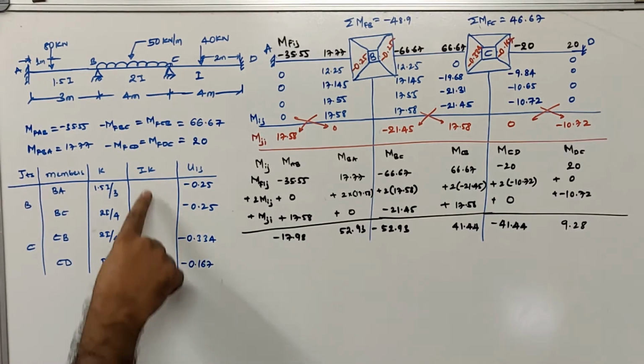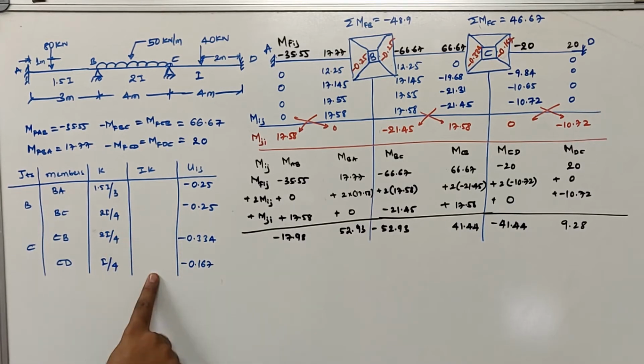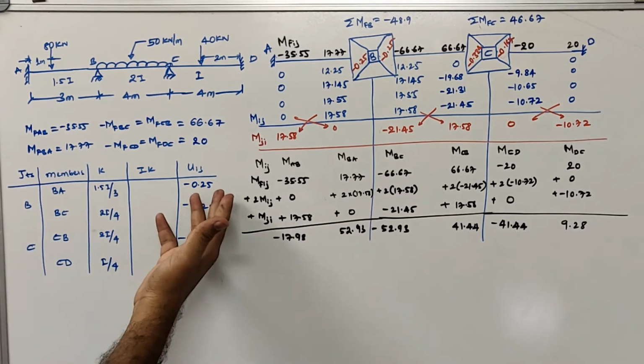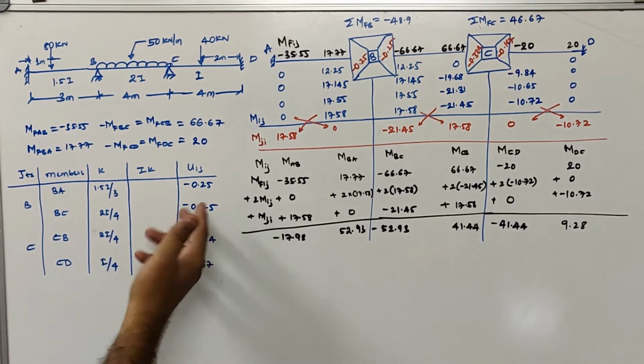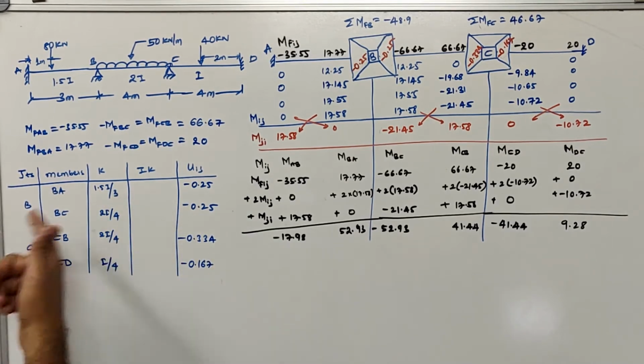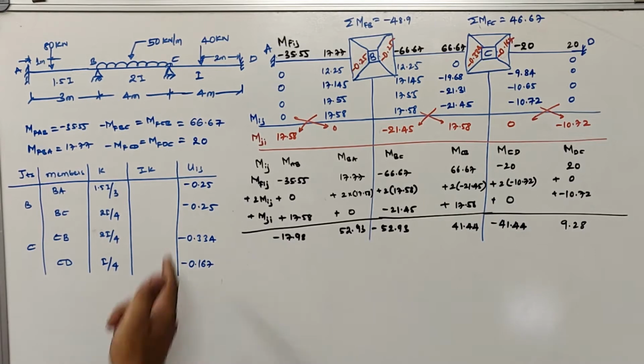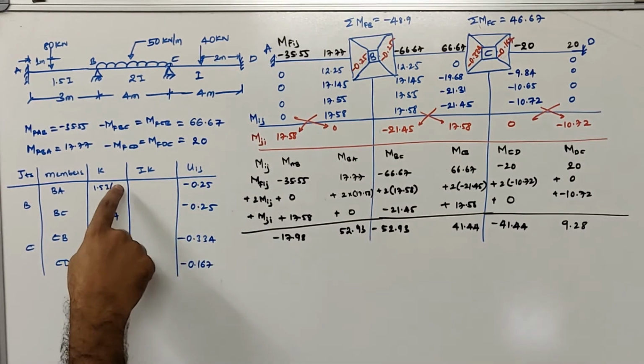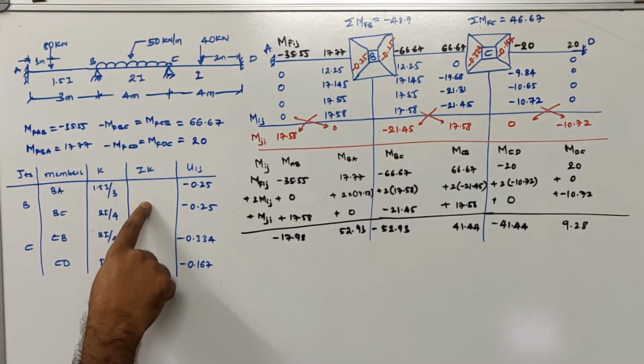So once you calculate the stiffness value, what you do is that you calculate the joint stiffness for B and C. I have not written any values over here. I have directly calculated how much is the rotation factor. Anyway you can solve it and write down what is the joint stiffness of B and C. So we have calculated the rotation factor by taking the sum of these two and calculating the joint stiffness.